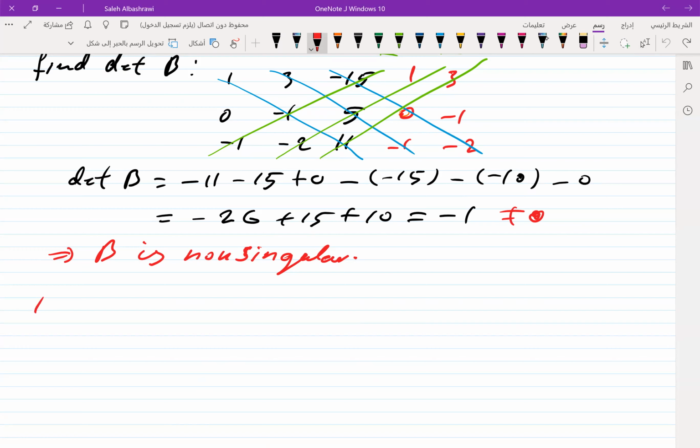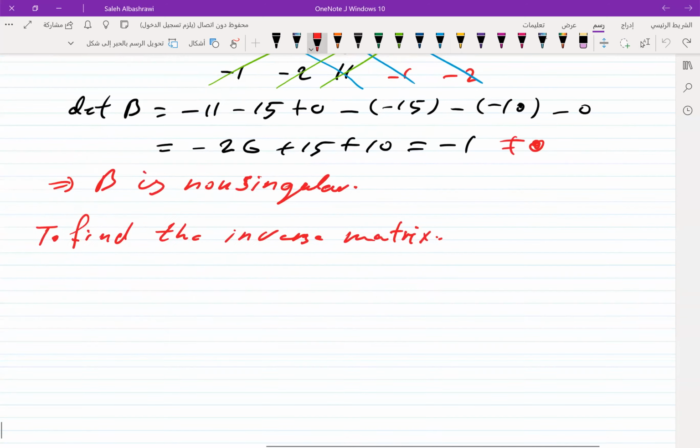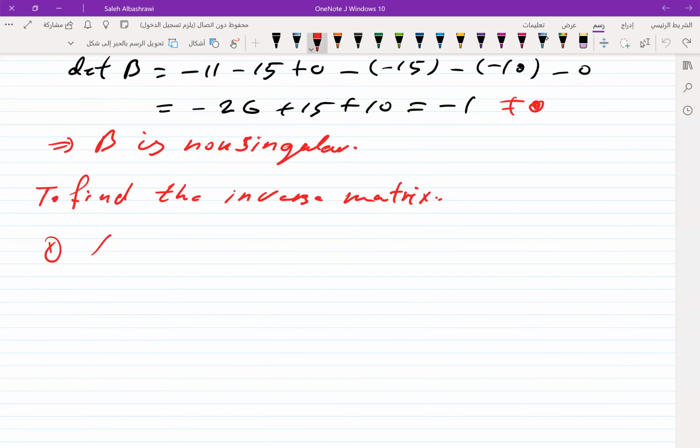Now to find the inverse, we have two methods. The first one: A inverse equal to 1 over the determinant by the adjoint of A. That was discussed in the last part. Second method,